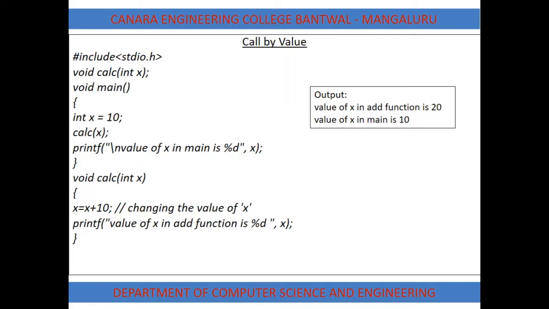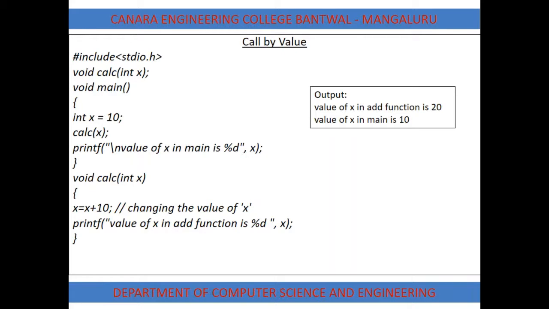Now, call by value. There are two ways, call by value and call by reference, to make a call to the function. In call by value, we send the value to the function from the calling function. That is, we send the actual parameters from the calling function to the called function. We have already seen the examples previously, that is the addition of two numbers. We have written a function, so in all those cases, we have made use of call by value. Here one more example we'll see now.